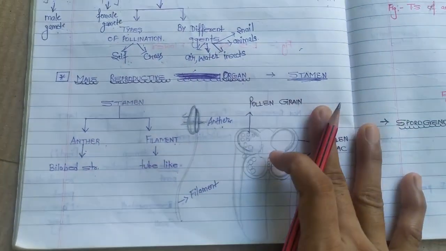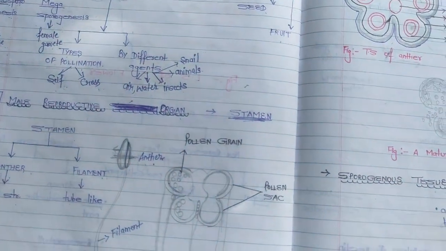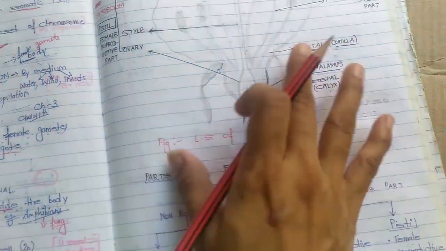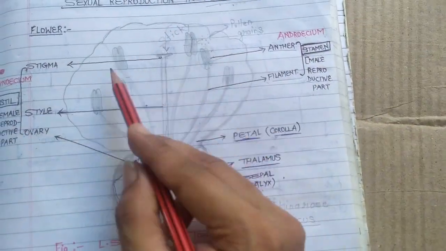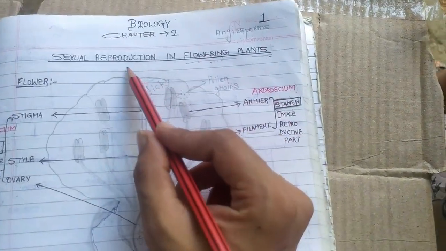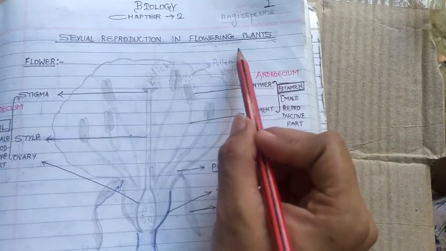So today we have to draw and learn the parts of this flowering plant, which is most important to learn sexual reproduction, and remember the division which belongs to the flowering plant, the structure of